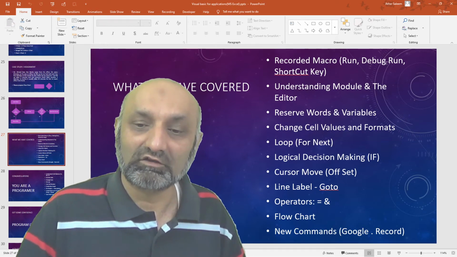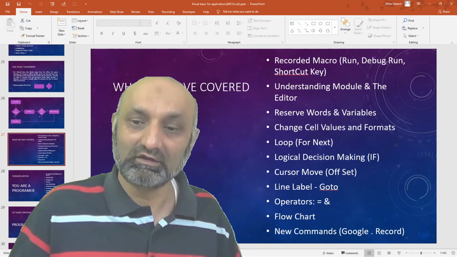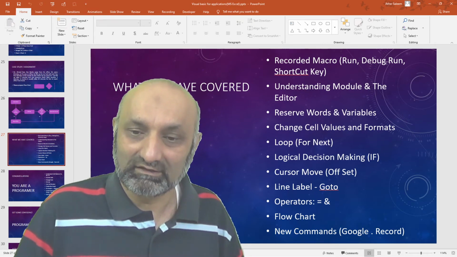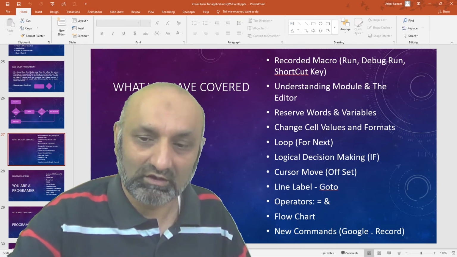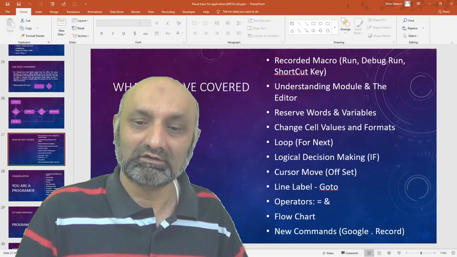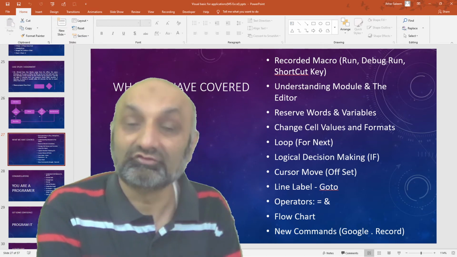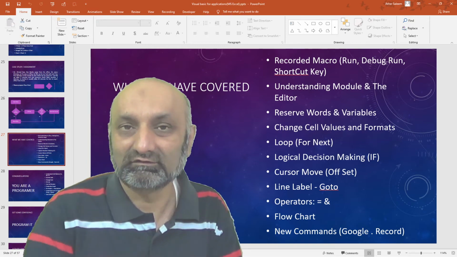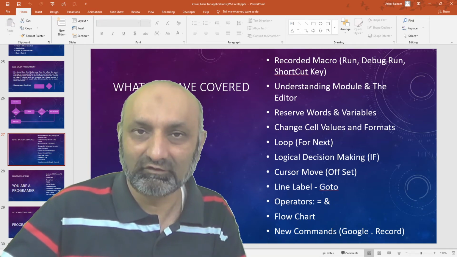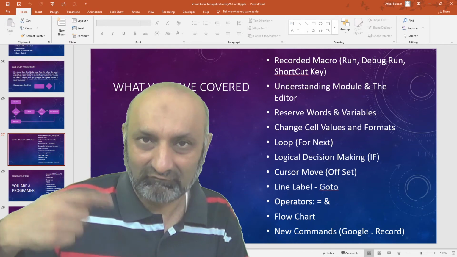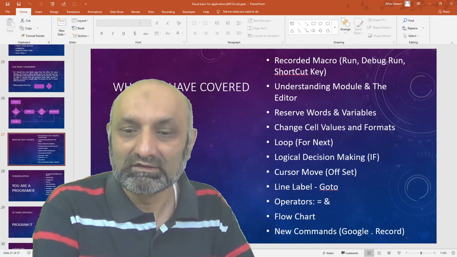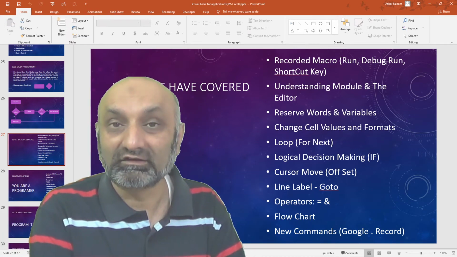We have created for next loop. We have done logical decision making with use of if statement, and then we have moved our cursor with offset command, and then we have used the goto command and the line labels, the para 1 para 2 activity, and the manual loop we have just created. And we have also used the operator and.